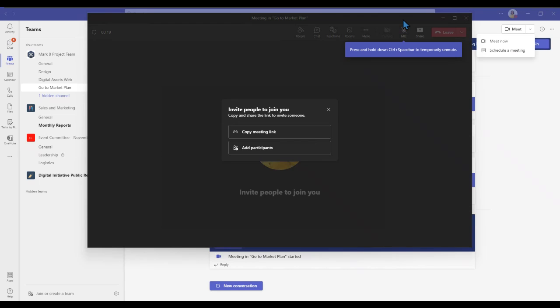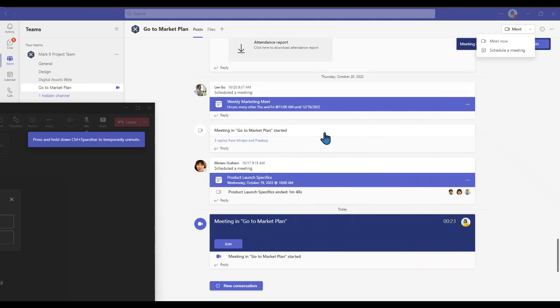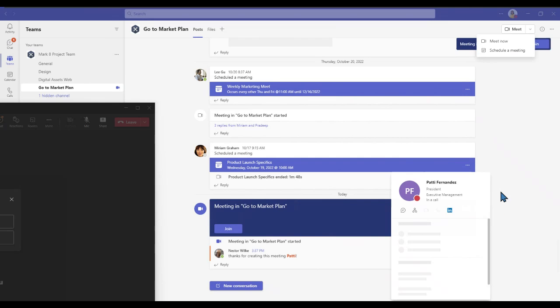Now, because this is a channel meeting, if I'm going to move this a little bit here to the left, here on the channel, there's going to be a post that will be automatically generated. So everybody in the go-to-market plan will see that there is a meeting going on right now and who are the people who are currently in the meeting. So currently it's just me,